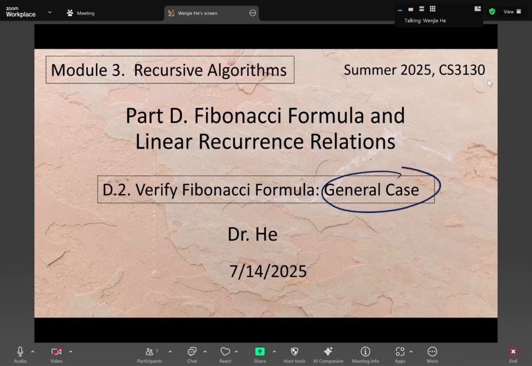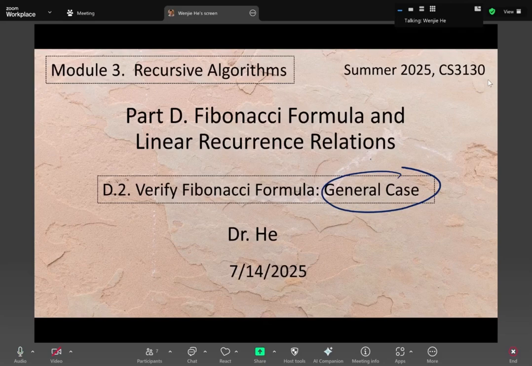For the general case, we need to do two steps. First step, make the mathematical induction statement. Write a statement. Second step, make that assumption, the induction assumption. So we call it the induction assumption. We make that statement. So for step 2, it's just the statement.